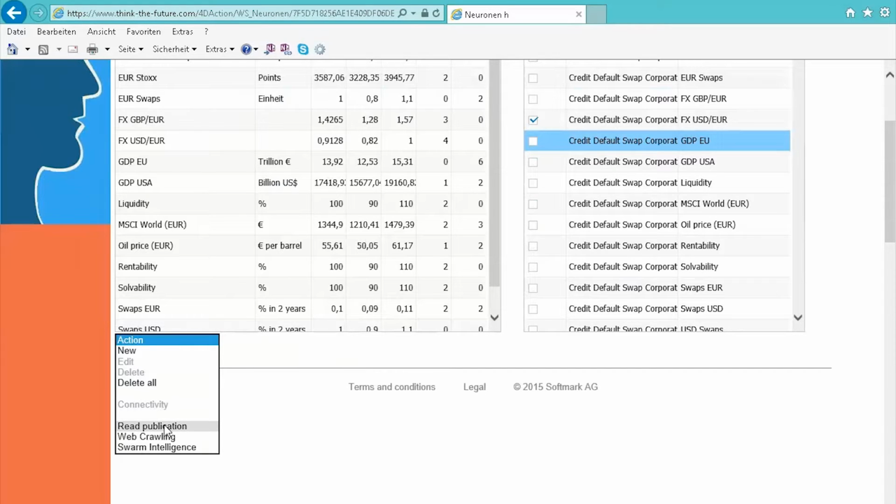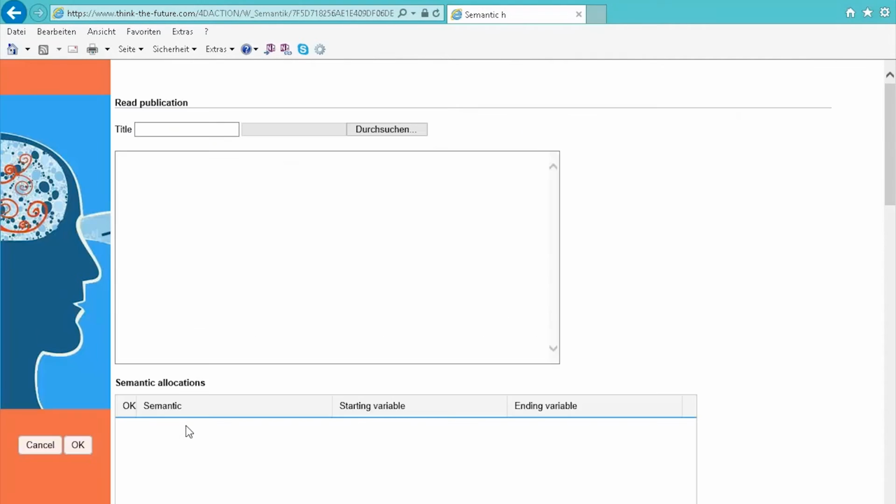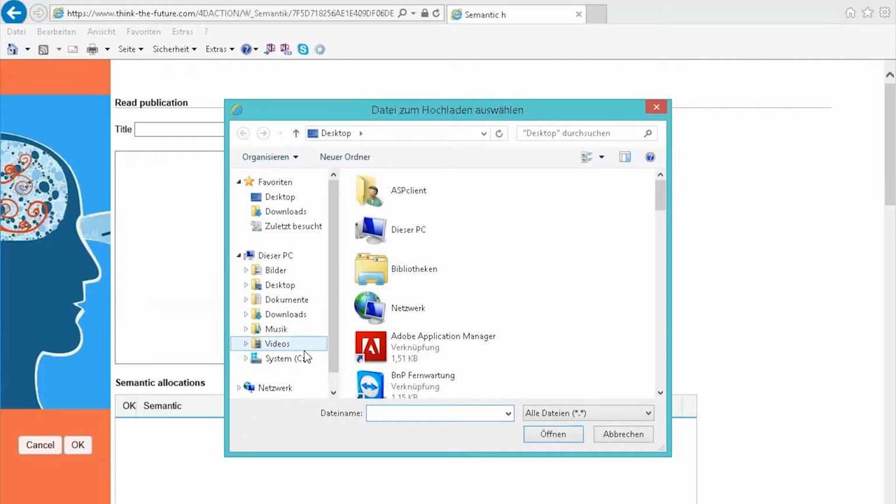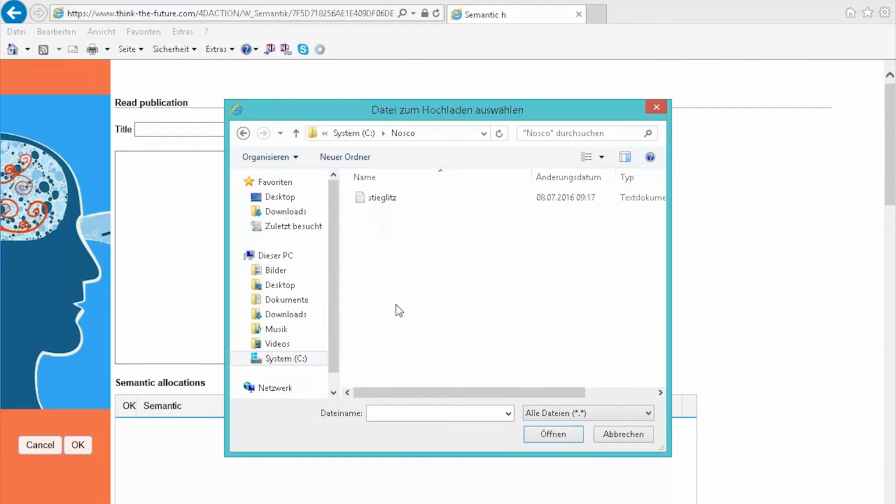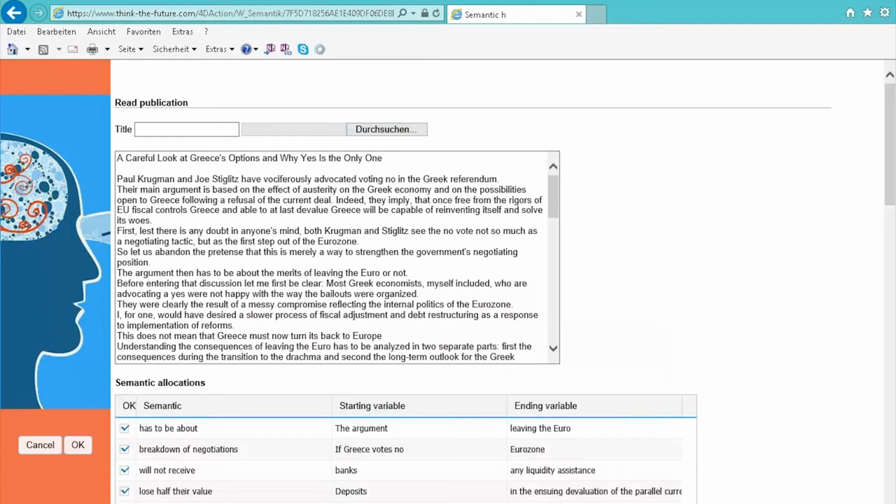To help mitigate the exclusion of overlooked variables and to assist in finding additional variables, Nosco offers 3 options. The first possibility is to select the Read Publication function in the Action pop-up menu. In the next page, you can open a file in the TXT format, which will be automatically analyzed by Nosco via semantic analysis. With this function, you see other possible variables not yet considered that might be of relevance for